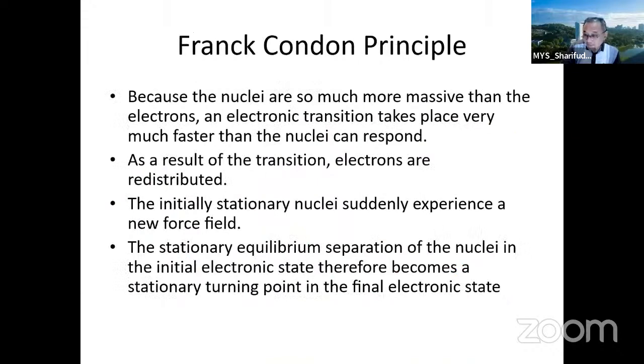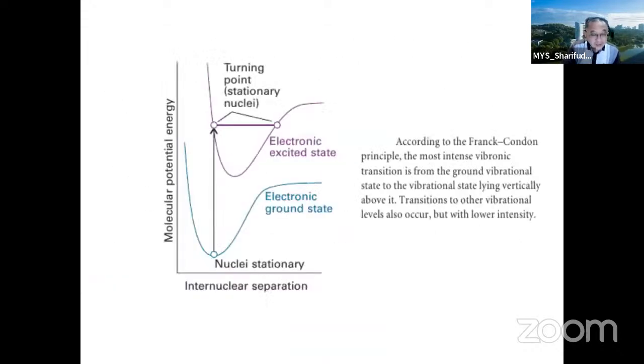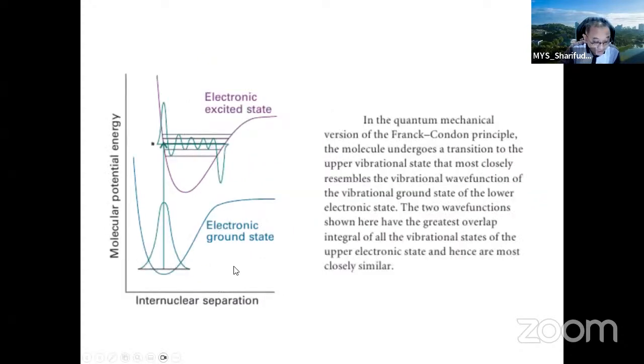This is what I've explained. This is a better picture of the Franck-Condon principle. So you have two electronic states. One is the ground state, and the other one is the excited state, right? Now, because the ground and the excited state can have totally different potential curves, it can shift. You can see here, the RE for the ground state is actually